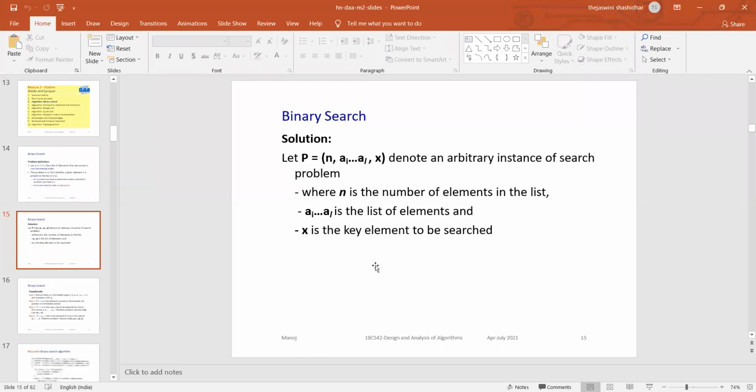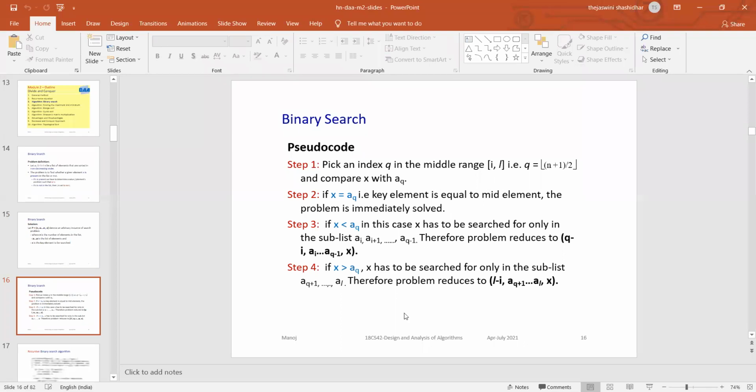Now you come to the pseudocode. This is the pseudocode we have. Step one: pick the index q in the middle range, that is, you are finding the middle element. Now you have the problem P, which is to be divided into subproblems. How do you divide?